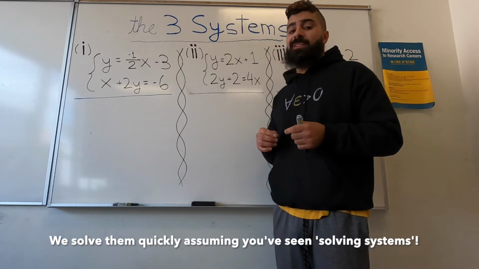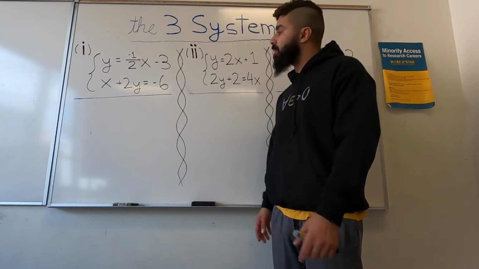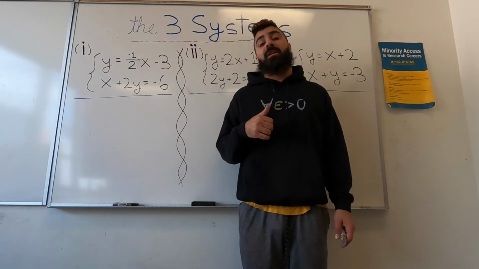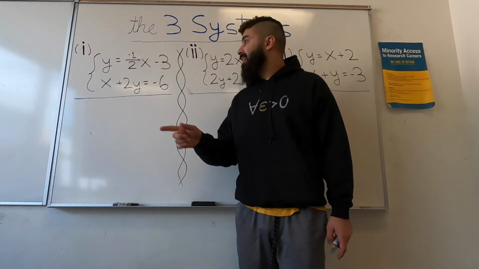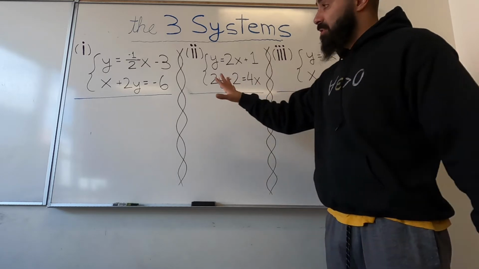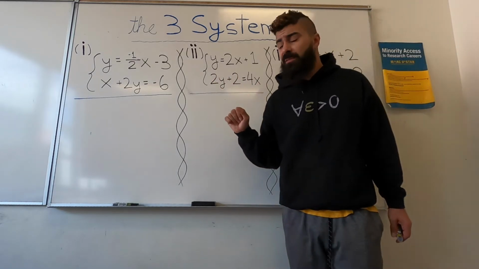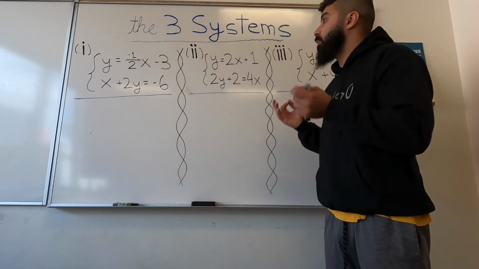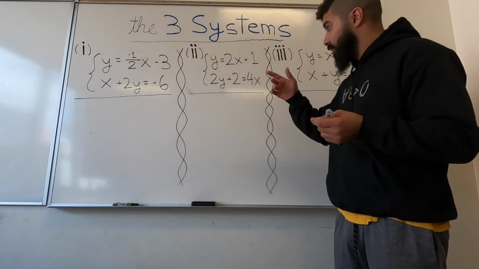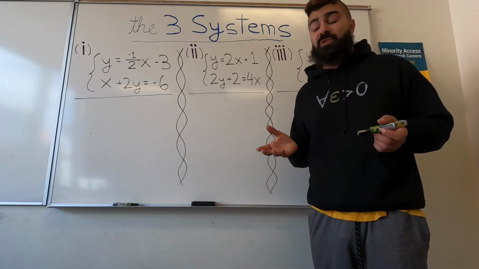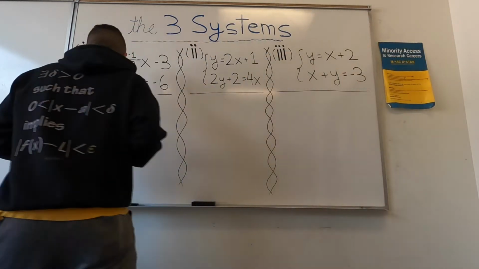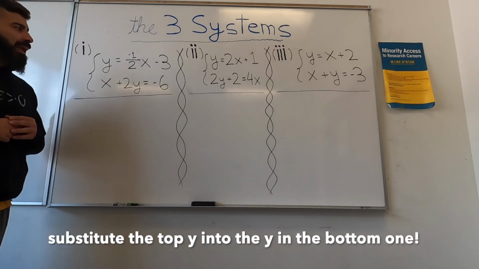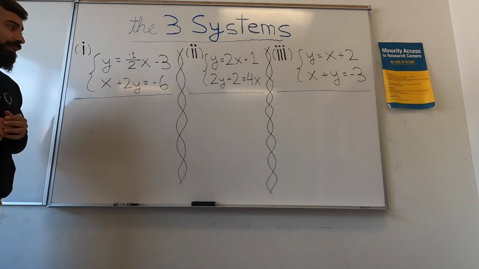So we have a video that's called Solving Systems, and in that one we show you how to solve systems using either substitution or elimination. These ones are all set up to use substitution, so we're going to do them with substitution. The main point of this video is to show you that there are three different outcomes, and each of these ones has one of those outcome situations. Let's get started. The very first one, number one, y is equal to negative 1/2 x minus 3,